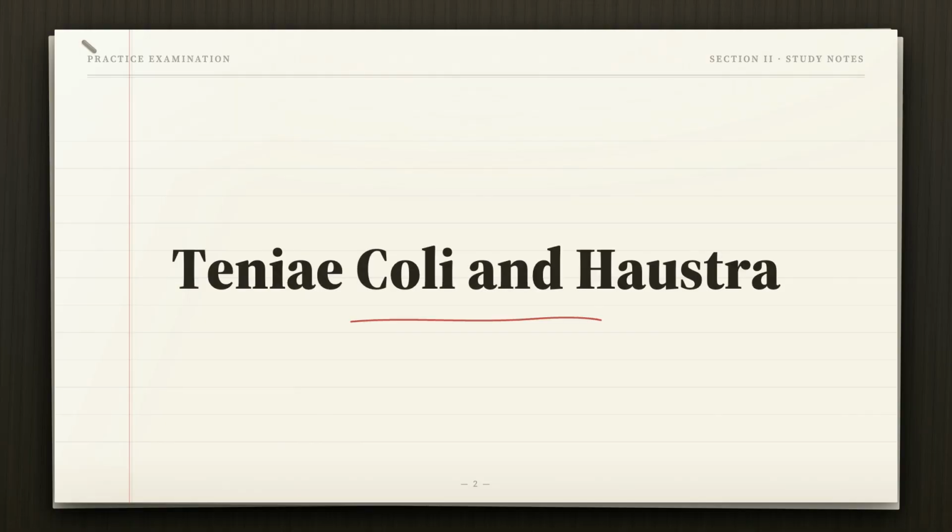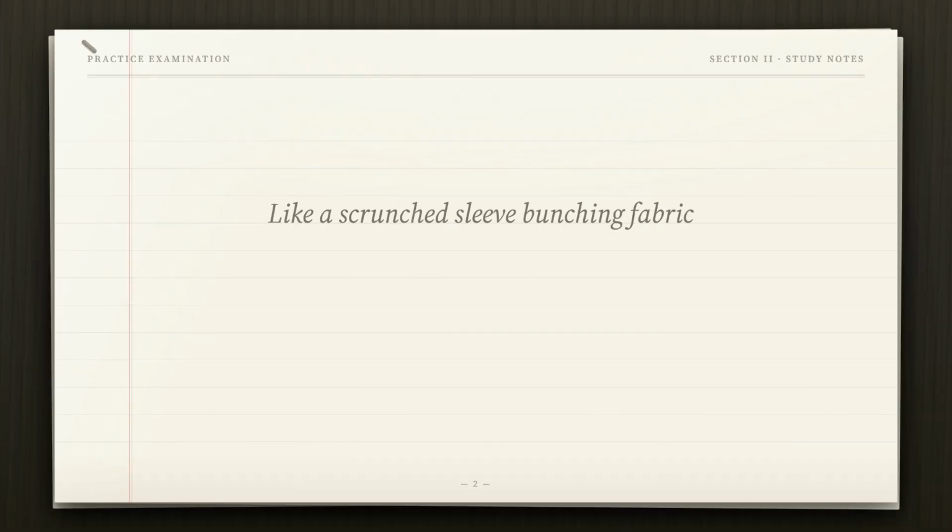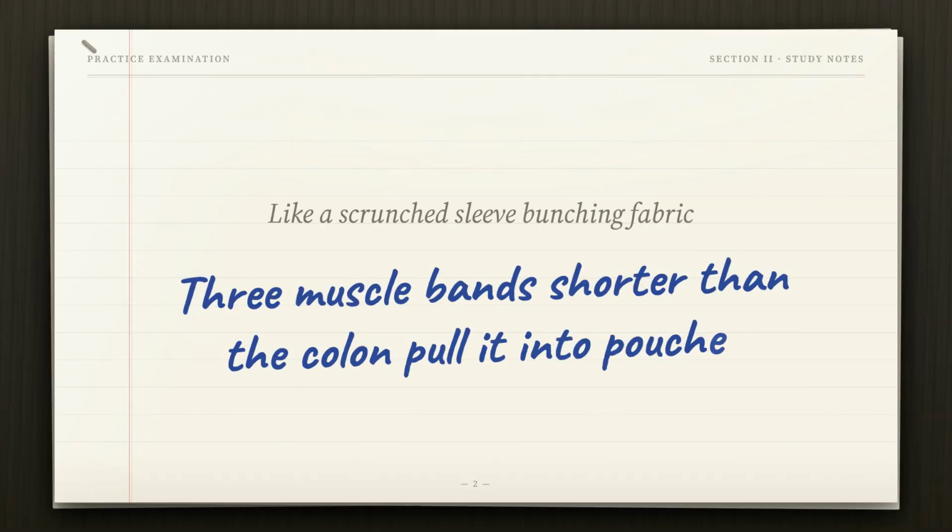The colon's pouched, segmented look on an X-ray comes from a muscular arrangement found nowhere else in the gut. Let's see why that shape appears and what it means for how the colon works. Everywhere else in the alimentary canal, the longitudinal muscle forms one continuous sheet. In the colon, it's gathered into 3 narrow ribbons called the Teniae coli,